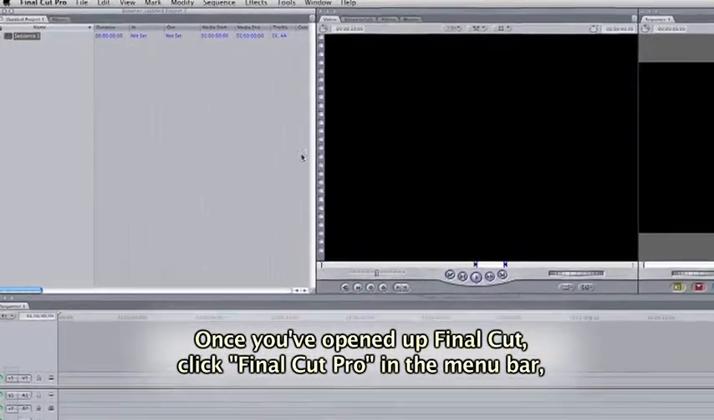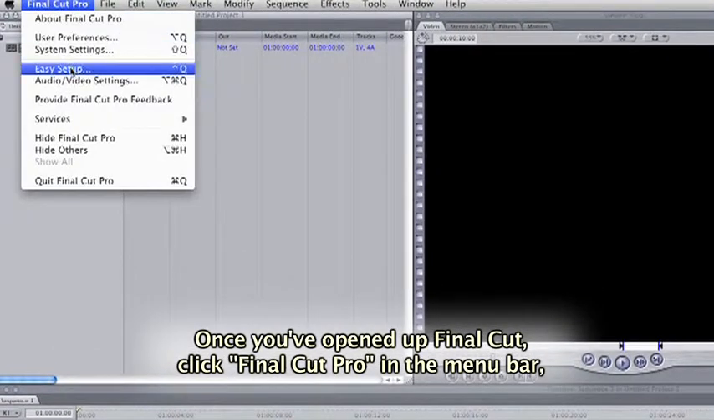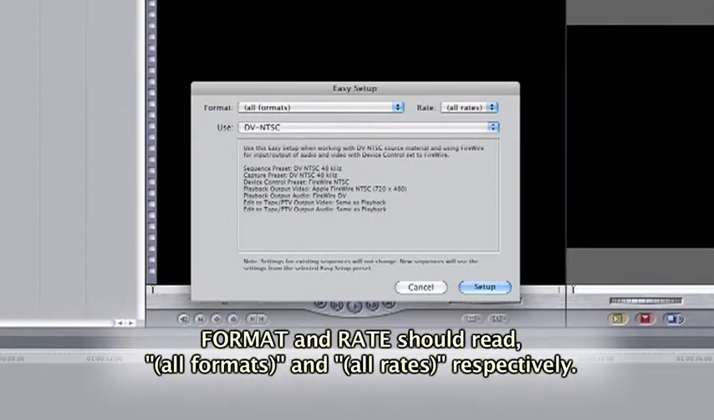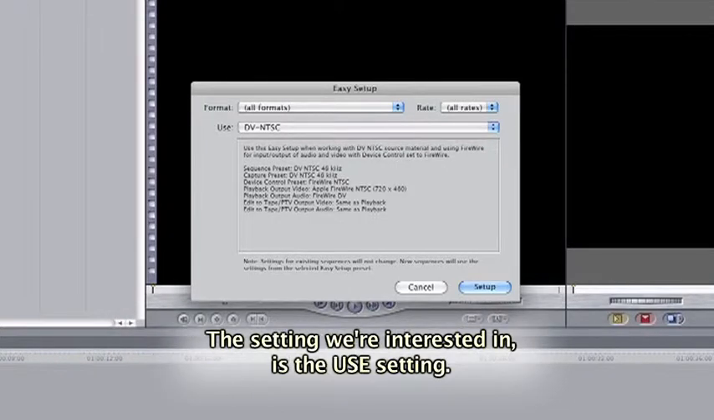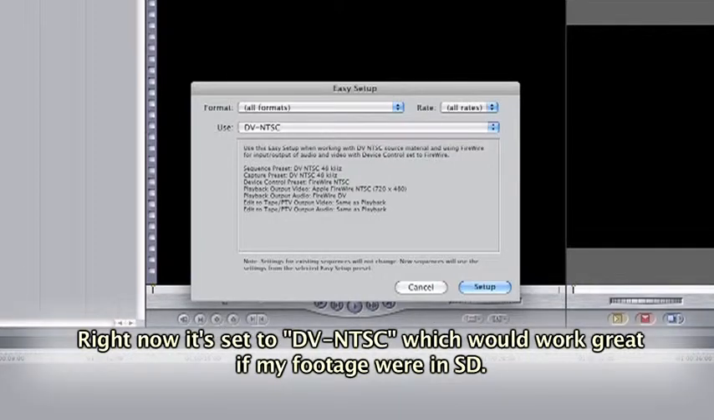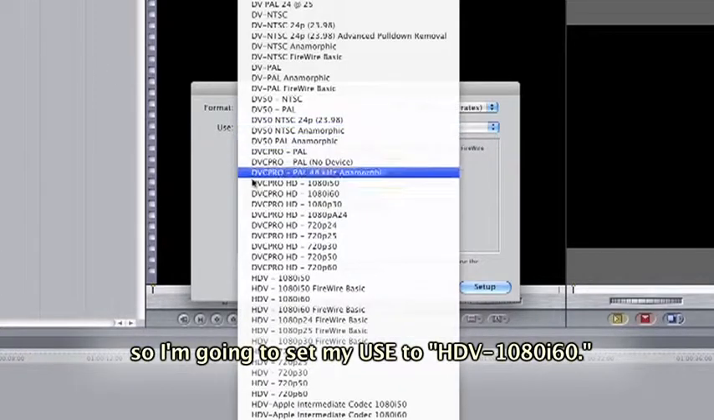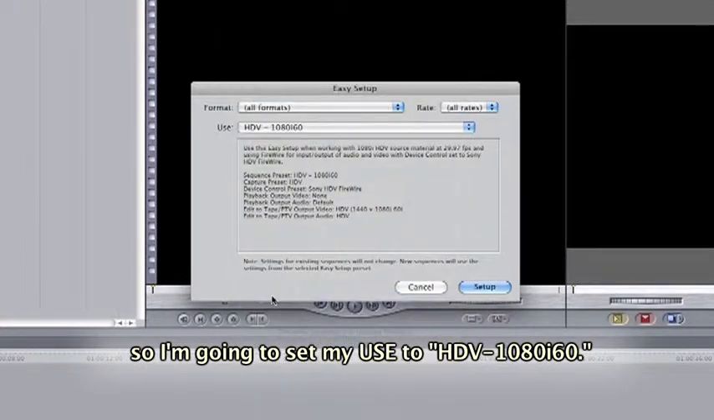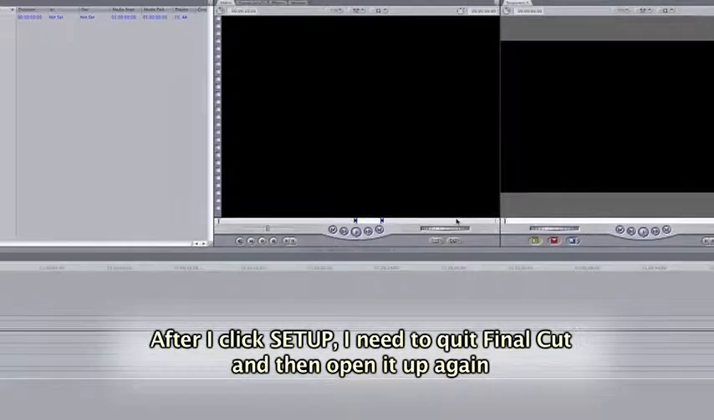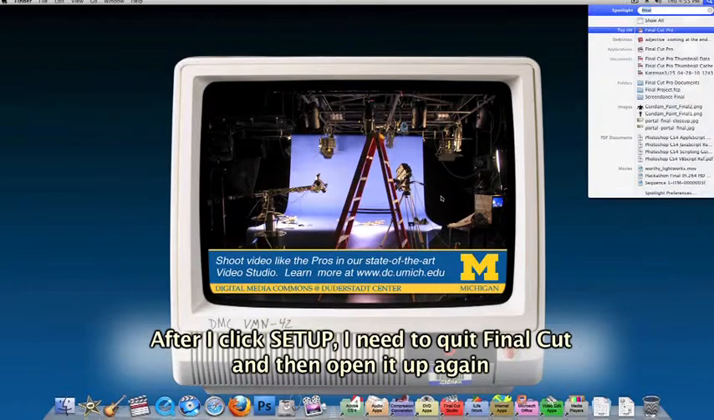Once you've opened up Final Cut, click Final Cut Pro in the menu bar and then click Easy Setup. Format and Rate should read all formats and all rates respectively. The setting we're interested in is the Use setting. Right now it's set to DV NTSC, which would work great if my footage were in SD. However, my dance is so important, I needed to shoot it in full HD quality. So I'm going to set my Use to HDV 1080 I60. After I click Setup, I need to quit Final Cut and then open it up again to make sure my